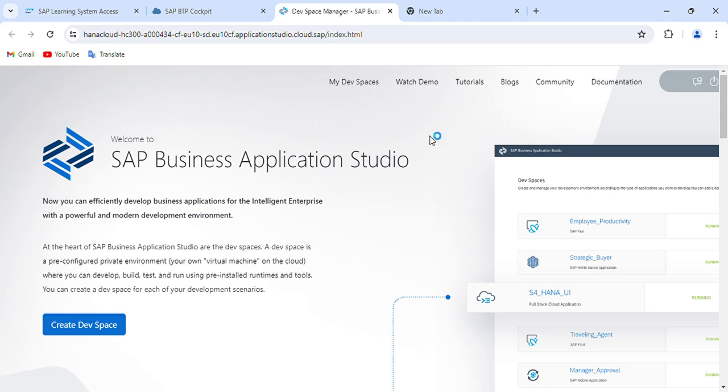Okay, so I am starting with SAP Cloud. So in SAP Cloud, first we have to set up the cloud environment, our development space. There are two different approaches. We can go with the space management or by